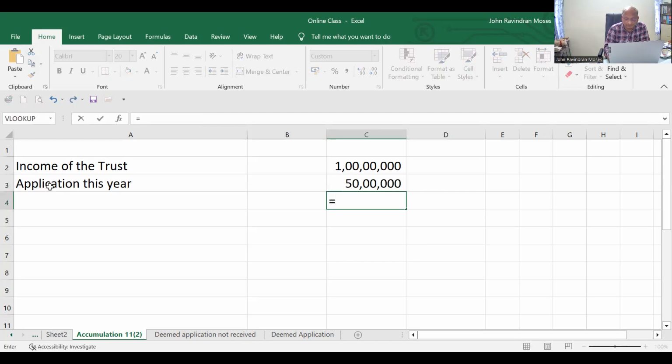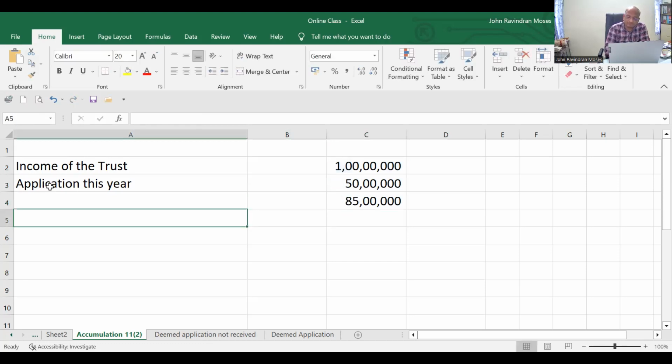What is the amount you are expected to apply? You are expected to apply 85% of this, 85 lakhs. Which means that you have consciously saved 35 lakhs for a specific purpose. The purpose can be anything. So